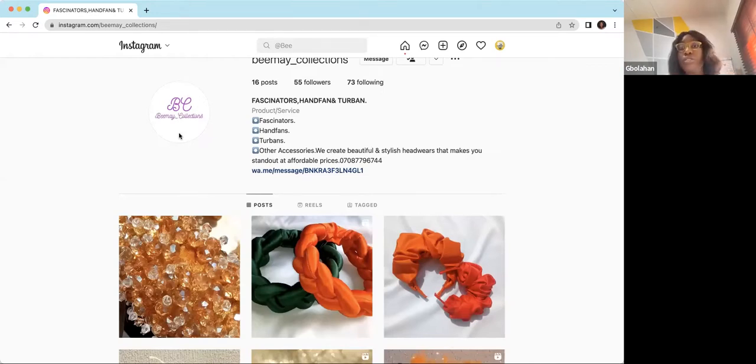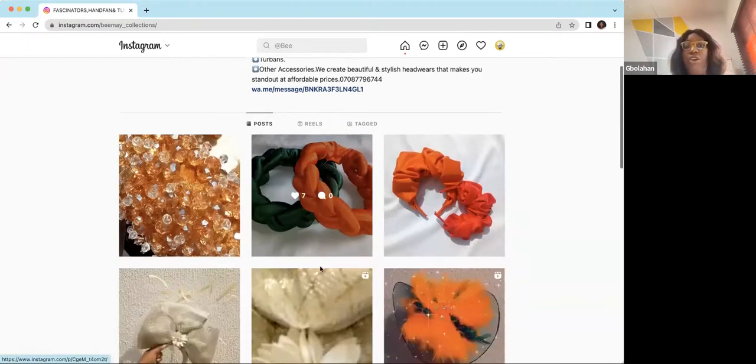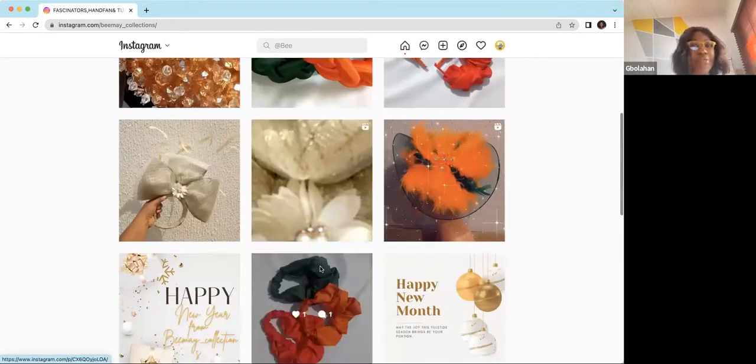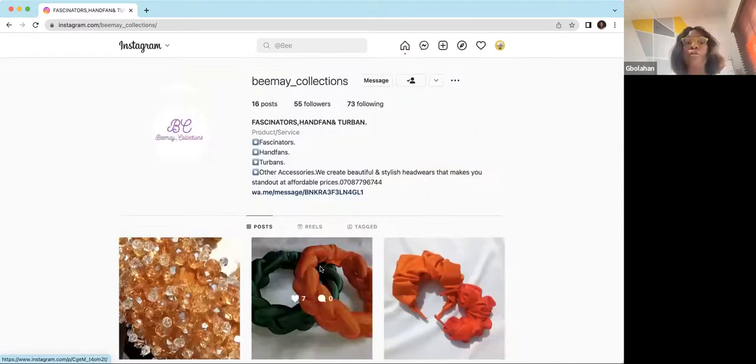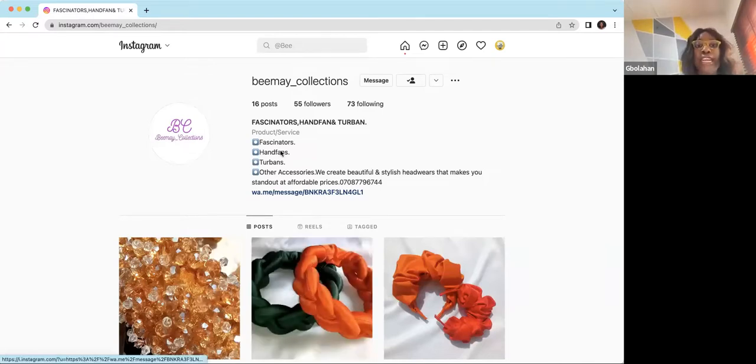I also use a logo, so I'm also at fault. It doesn't necessarily have to be your face, but pictures of what you do, like your fascinator or your hand fan, one very fine picture that you really like. So that when people are looking for fascinators, hand fans and turbans, and they come to your page, they will see a picture of your product here, before they even move on to the next stage.